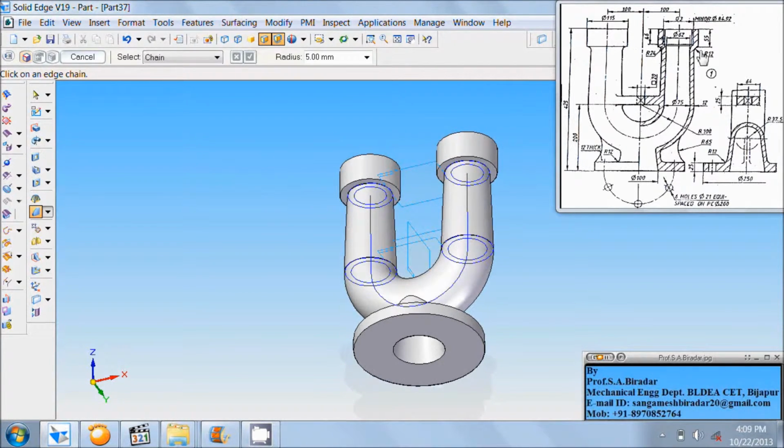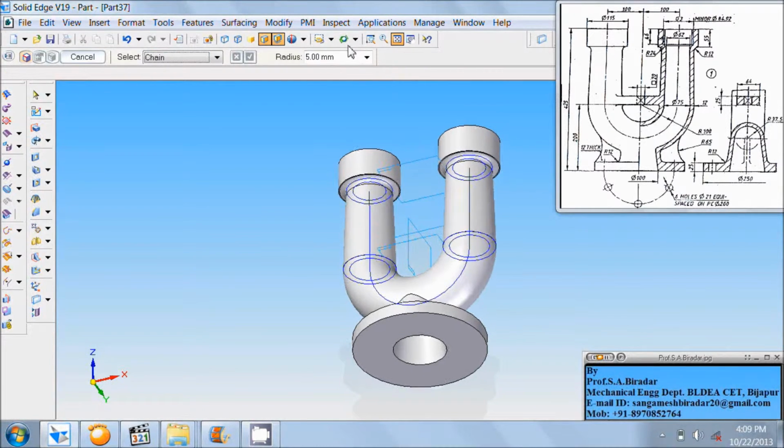Here is a round of R12, so use round command, select edge protrusion 6, again here edge protrusion 6, enter radius as 12, press the enter button of keyboard 3 times,